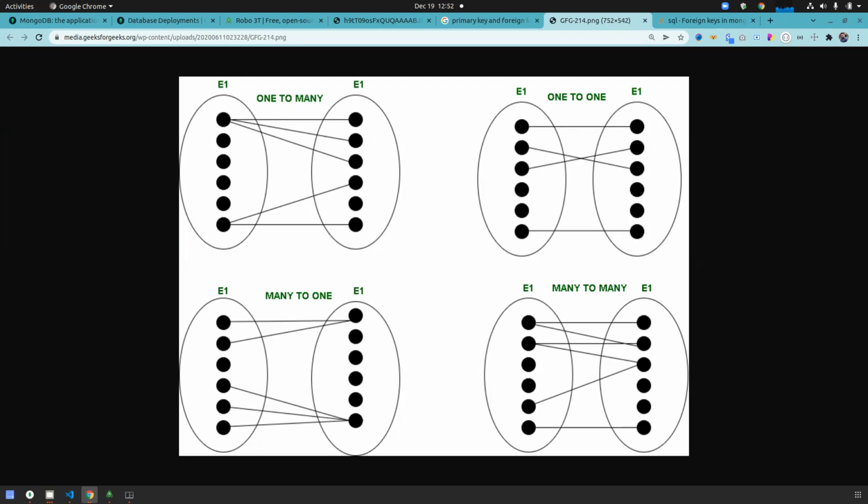Great. Another is one to many. Now I have to think of a one to many example. Can anyone give one? If there is a product table and a customer table, a product can be bought by many customers. No, that is many. One customer can buy many products, so it should be one to many. But that concept does not exist, because when we are building it, we need to think many to many. Why? Any customer can buy any product, so it should be many to many, not one to many.